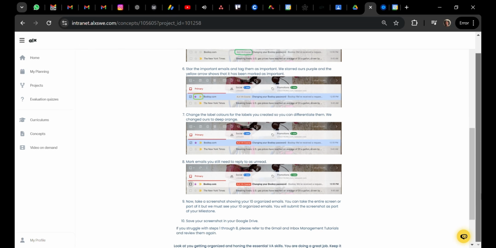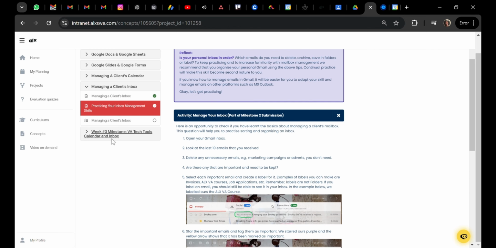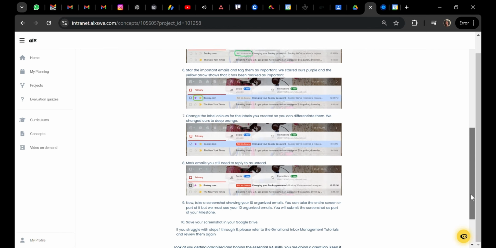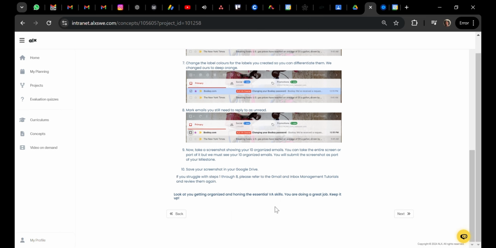The good thing is they have a screenshot and they've explained what is expected of you, and that way you are able to know what exactly you should do. Make sure you work on this because it's going to be used on the milestone. So I'll just scroll down and I'm going to click next.